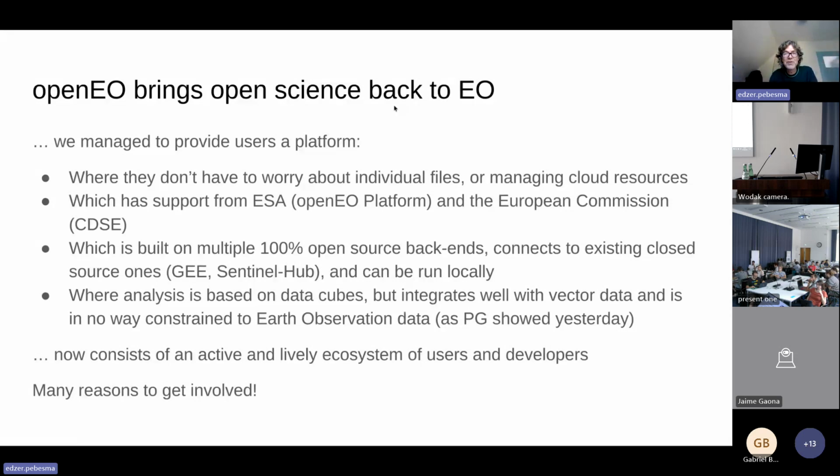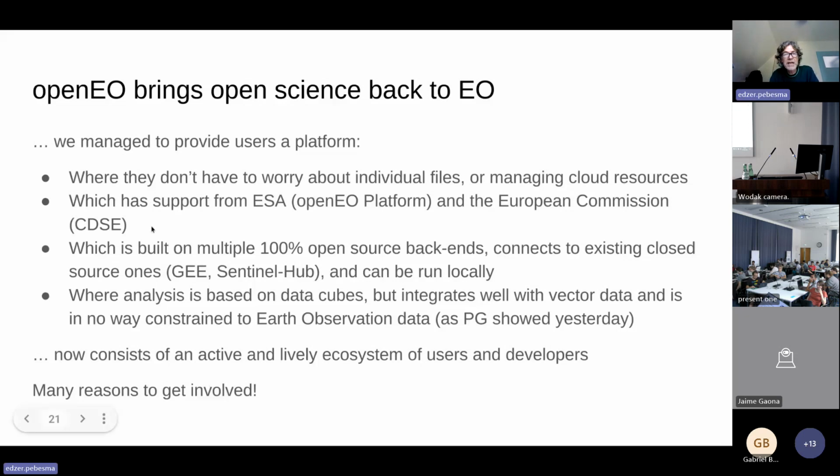Well, because you don't need to plow through hundreds of files, which is what you would have to do if you work with GDAL on a low level. And the managing of cloud resources is taken away from you: setting up virtual machines and running them, managing them, logging in, doing the whole administration, paying for them, etc. Those are things you don't want to confront new young researchers with who would like to work with Earth observation data. Somebody has to worry about it, but openEO tries to abstract these problems away.